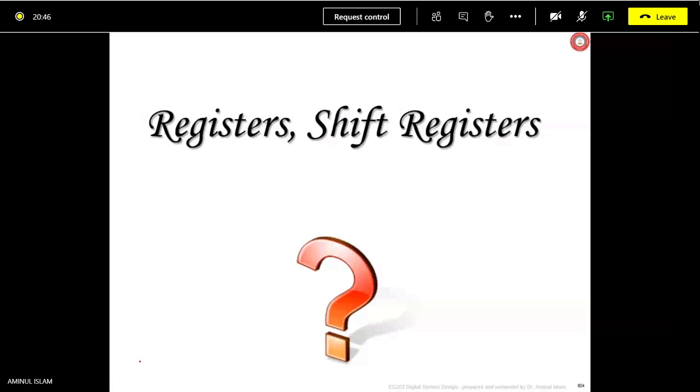Now we'll start something based on the flip flops. Registers, shift registers is the topic now. Left shift or right shift registers are made with flip flops connected in parallel or so. How are they going to behave? Register means something that can store. Remember that registering means making records or storing.